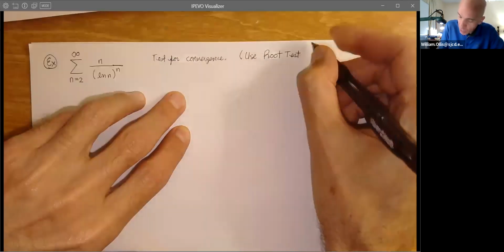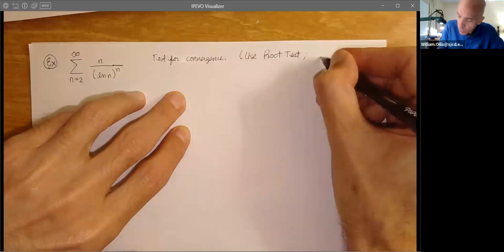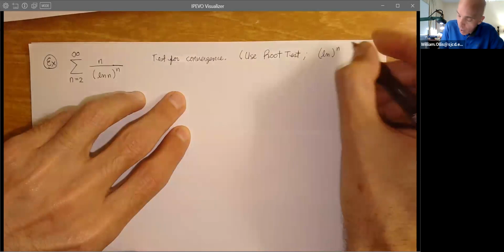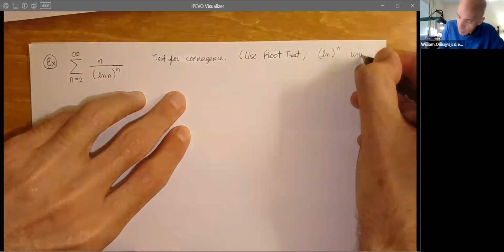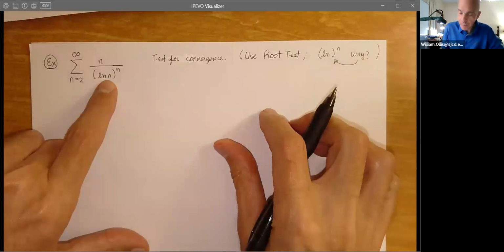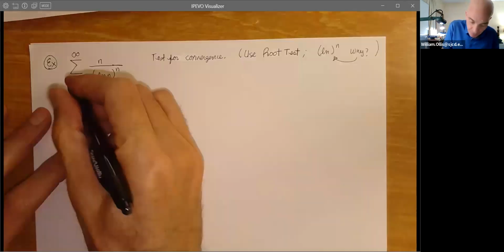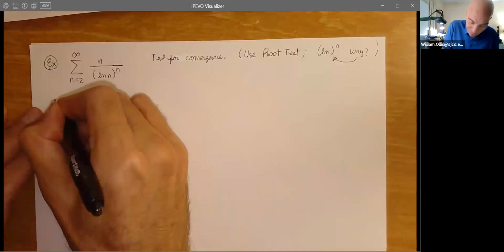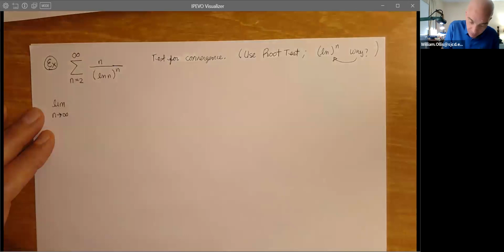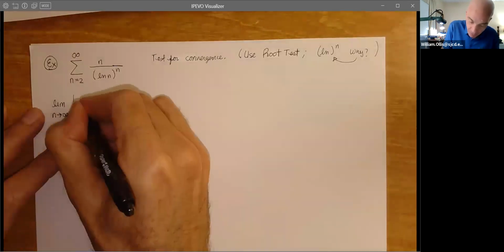And I'll just say here, this power of n is why we're saying that, because of that particular term in the generating sequence. So now we have the limit as n approaches infinity of a sub n to the